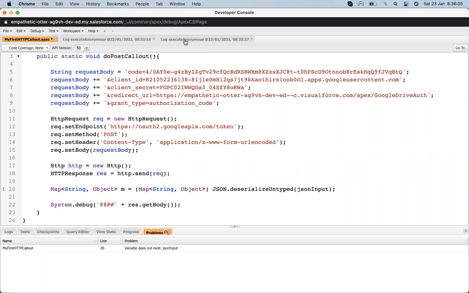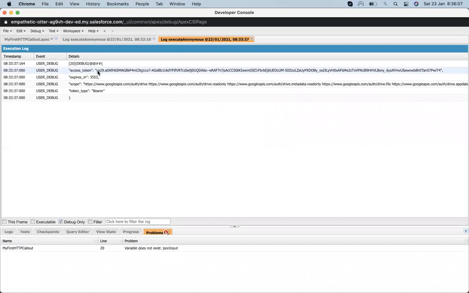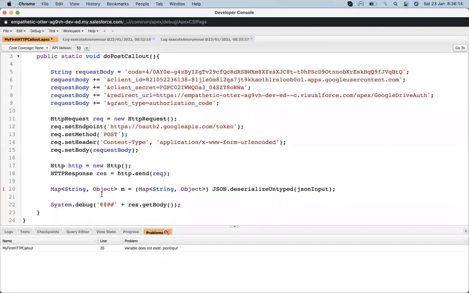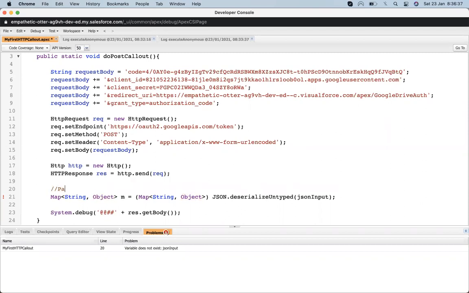In this response, you can see this is a string and this is a number, and this is a string, this is a string. It is a combination of strings and numbers, so we can't specify up here that it's a string or a number. That's why we make it an object. Everything is passed into the object, and whenever I want to extract a value, I typecast at that moment. This is a very important thing, how we are parsing.